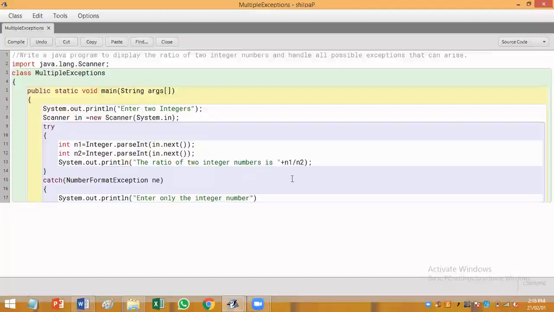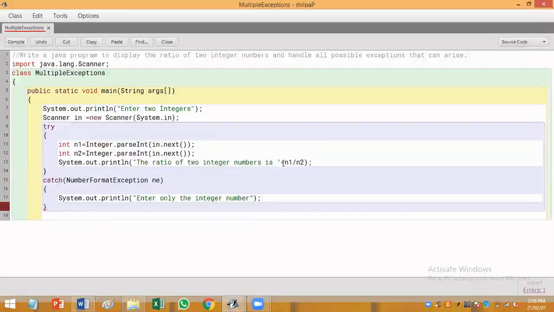Even if any other input apart from an integer is entered, the system is going to generate a NumberFormatException. Okay. Semicolon, then catch block close. Okay. So we have handled NumberFormatException.